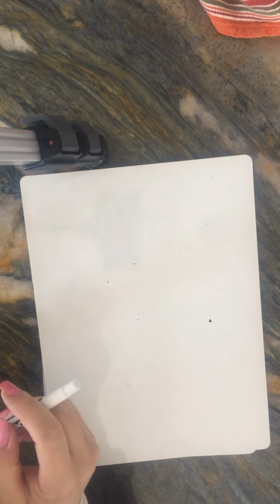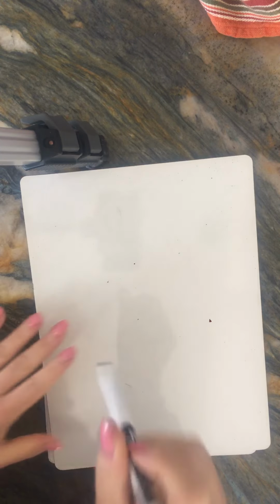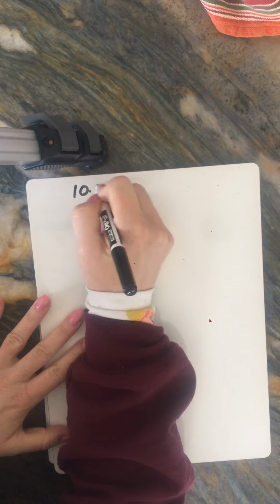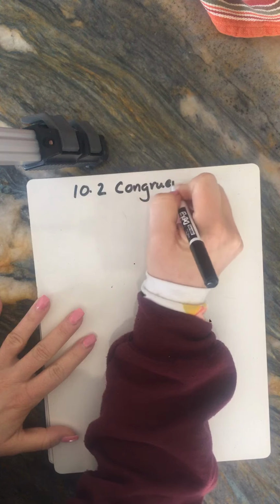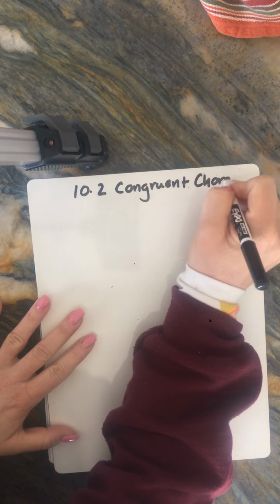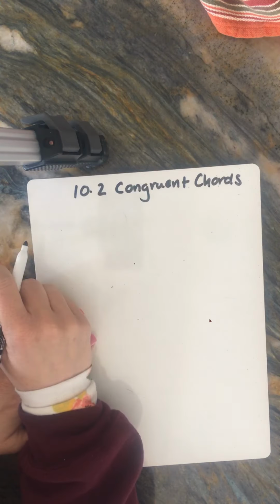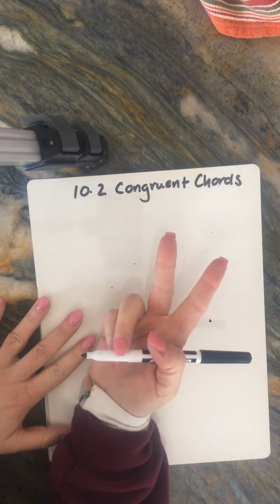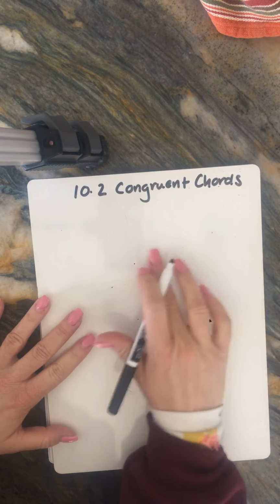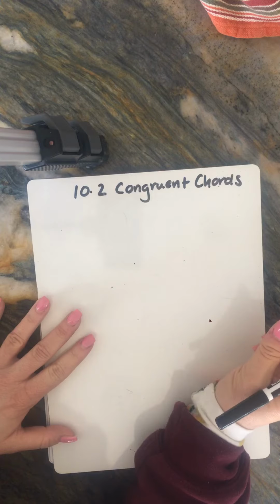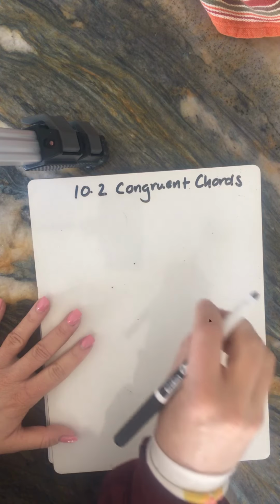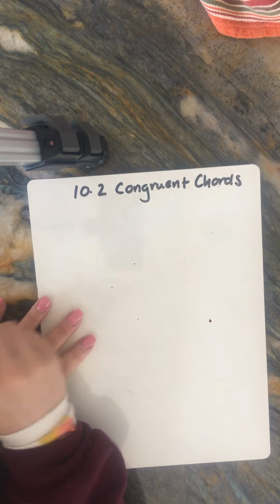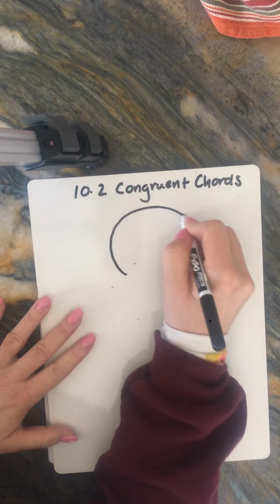So section 10.2 is talking only about chords, and in particular it's congruent chords. And so there are only two theorems to worry about this time, and they are so similar that the given or the premise for one is the conclusion for the other. So let's look at